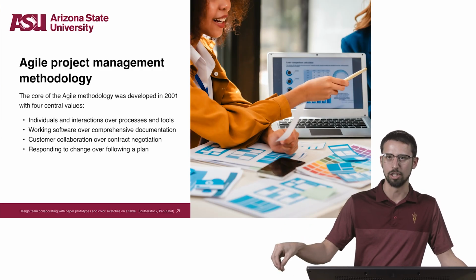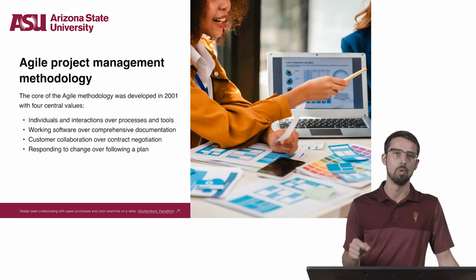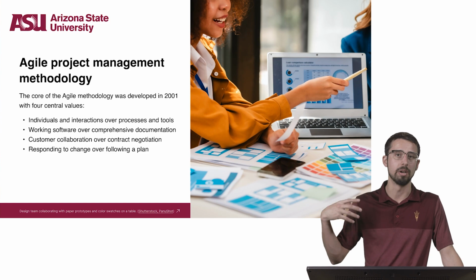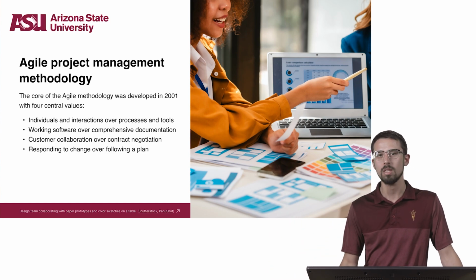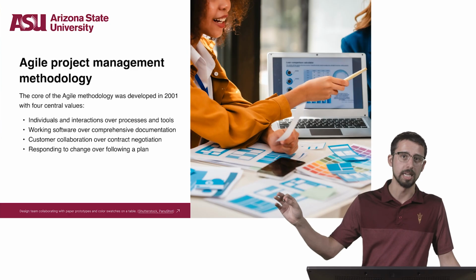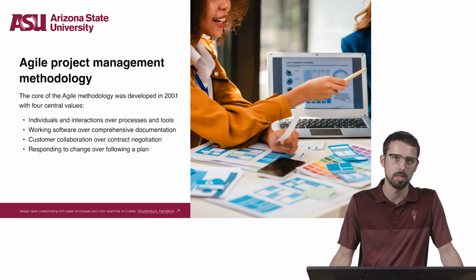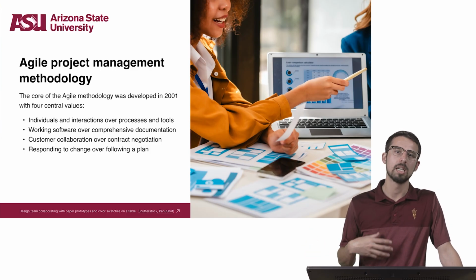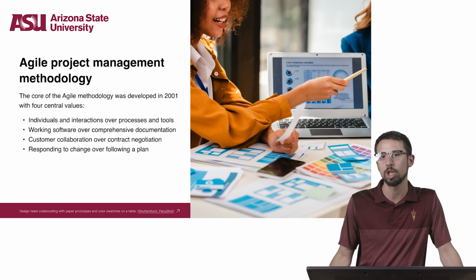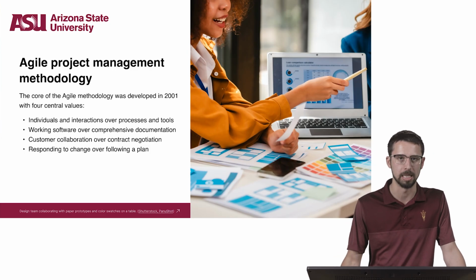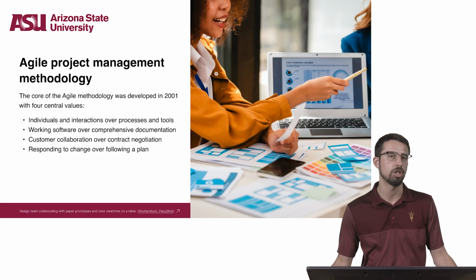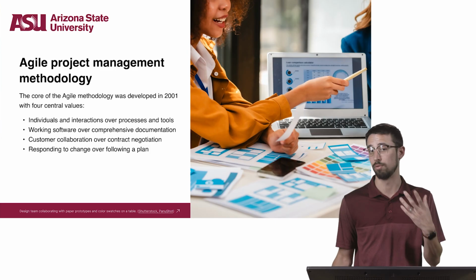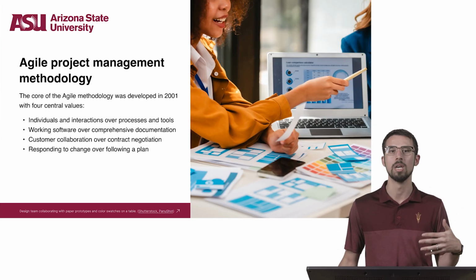The core of the Agile methodology was developed in 2001 for mostly the tech industry, and it was created with 4 central pillars. The first one is individuals and interactions over processes and tools. Then you have working software over comprehensive documentation, customer collaboration over contract negotiation, and responding to change over following a plan. The Agile Manifesto for software development introduced the tech industry to a really groundbreaking mindset on delivering value and